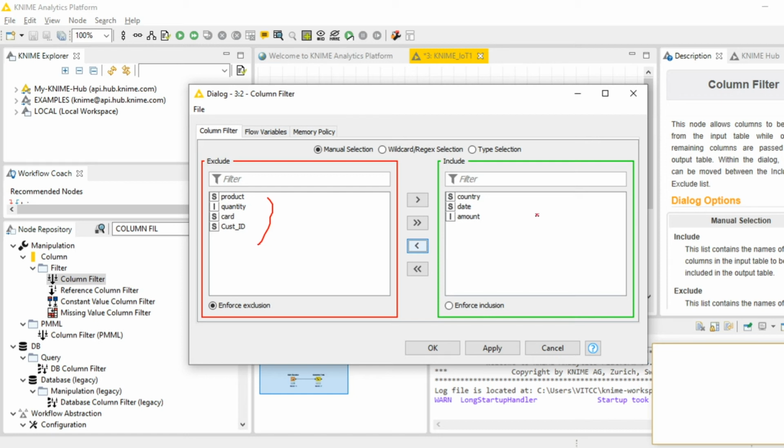I'm going to use only the country, date and the amount. So I'm going to include these and exclude the other column names. If you want to include the product, you can select it and click this so that the product will appear here. Like this, you can toggle between the columns from the include panel to the exclude panel.